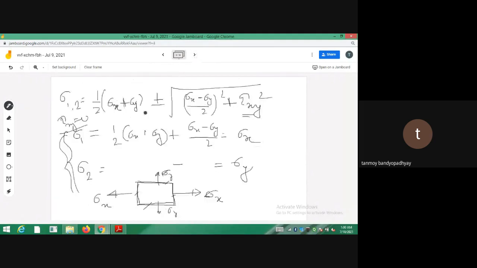Sigma 1 is equal to half of sigma x plus sigma y, plus minus root over sigma x minus sigma y by 2 whole square plus tau xy square. Jokhon the tau xy thing is absent, actually sigma x, sigma y are the principal stresses themselves and the perpendicular planes are the principal planes themselves. That reduces the burden actually for this sort of problems. ঠিক আছে, যদি tau xy চলে আসে তখন আবার প্রবলেমটা একটু কমপ্লিকেটেড হয়ে যায়, সেই জন্য আমি দুটো কেস করে করিয়ে দিলাম। আচ্ছা, নেক্সট ইজ